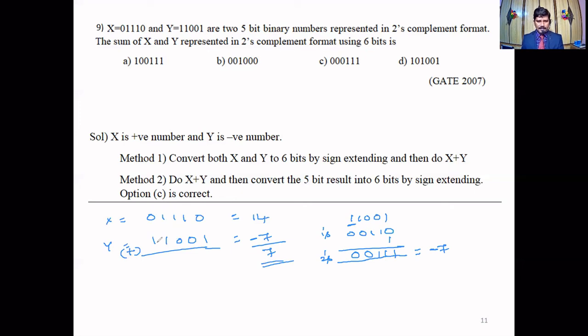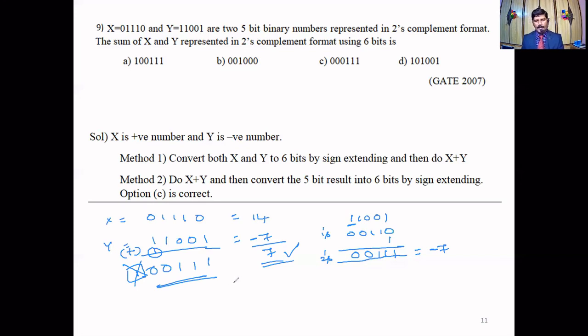So let us check. This is a minus value. That means 14 minus 7. Okay, so there is no subtraction. Directly you can add it. So directly add it. 1 1 1 1 plus 1 is 0, a carry here. 1 plus 1 is 0, a carry here. Discard this, and the result is 7. Okay, positive number.